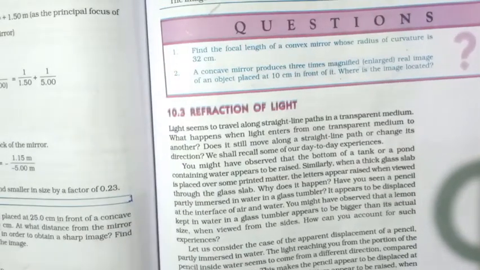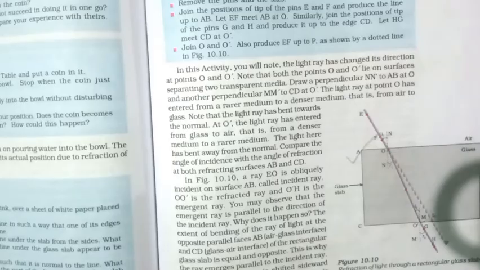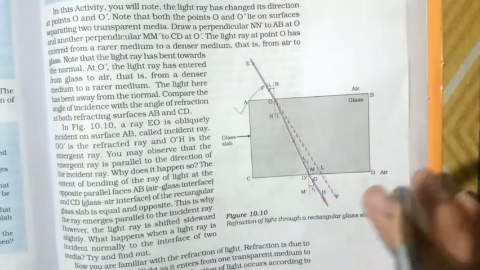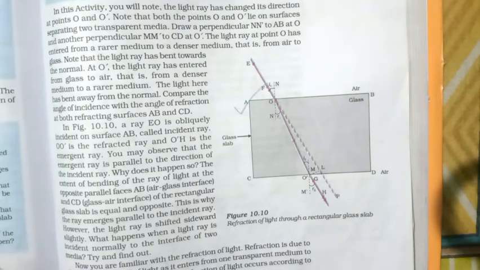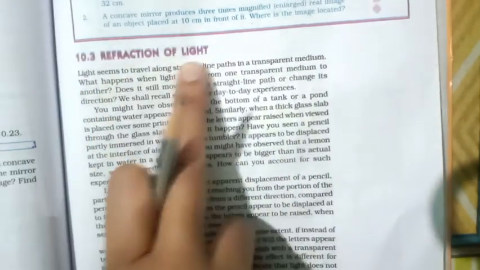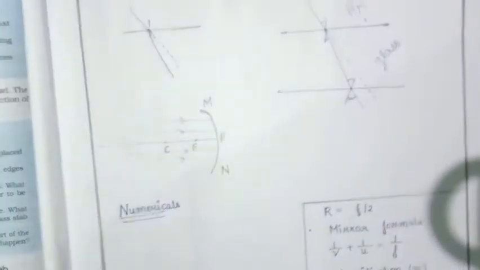So the next topic we will start is refraction of light. These are very important topics, and this is the point where questions are asked. This glass slab is a very frequently asked question in board exams, and teachers ask it in half yearly and annual exams also. It's an important question. Earlier I told you what refraction of light is, but I'll refresh this topic with you.